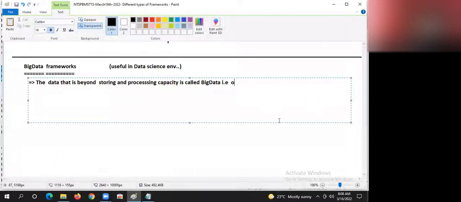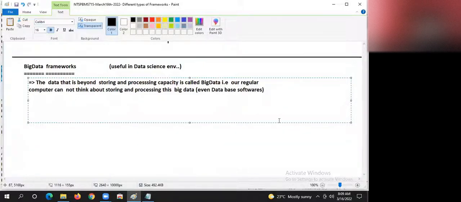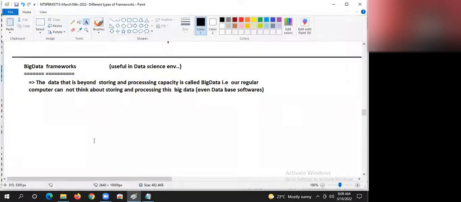Our regular computers cannot handle storing and processing this big data. Even database software. People are thinking, hey, database software is there now. Even database software cannot handle that.